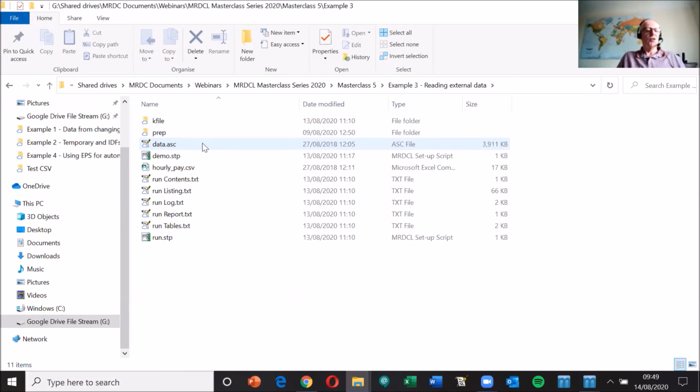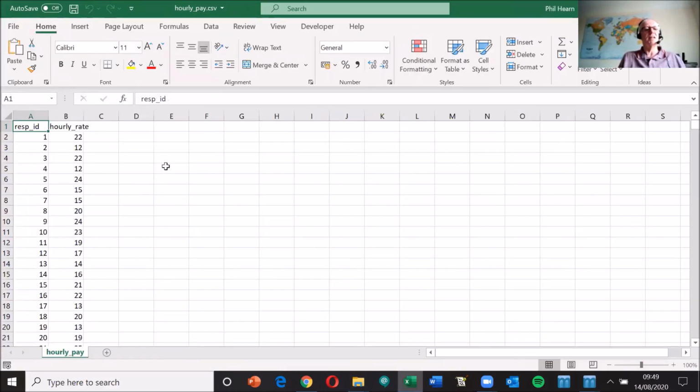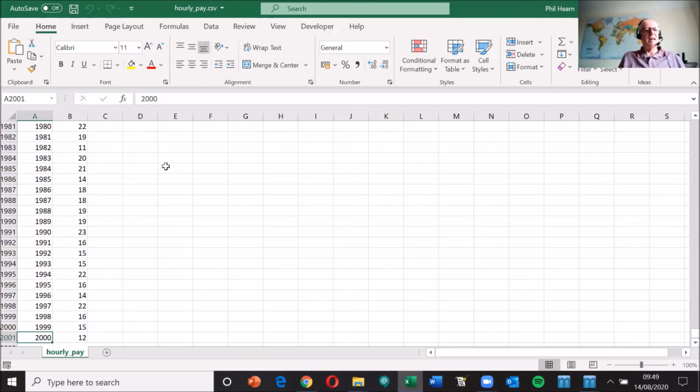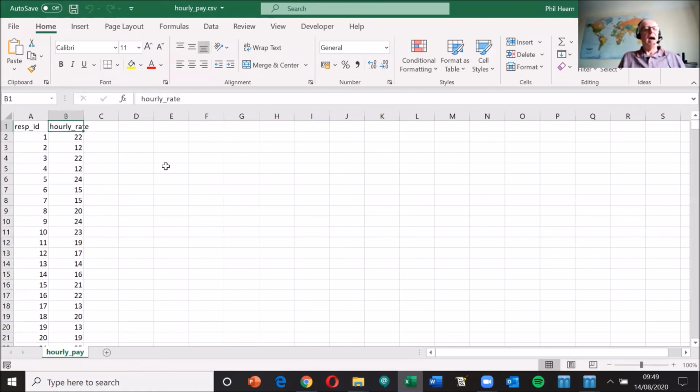It's a bit more limited what you can do with a data statement compared to using Excel and EPS and DB loops. But for this example, it's good enough. And so what I want you to imagine here is you've got some data that you want to merge in. This might be some coded data, some back-coded data. This particular data here is we've got 2,000 respondents and we want to pull in their hourly rate of pay. So this person here earns 22, whatever it might be, ringgit, dollars, pounds, a day or an hour, sorry. So this is the hourly rate for each respondent,